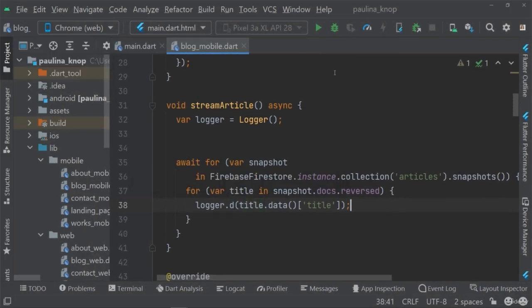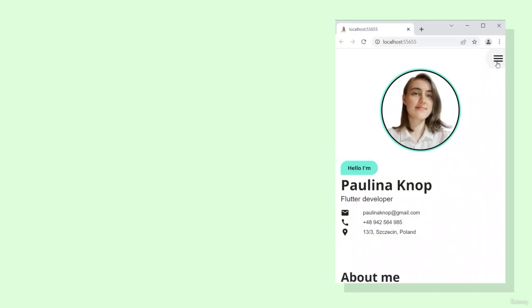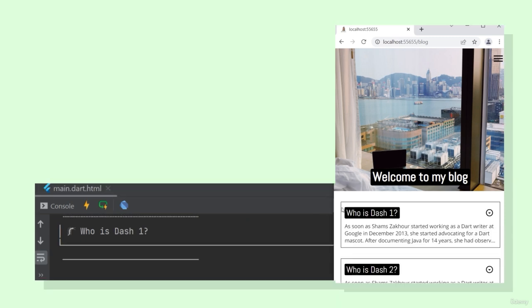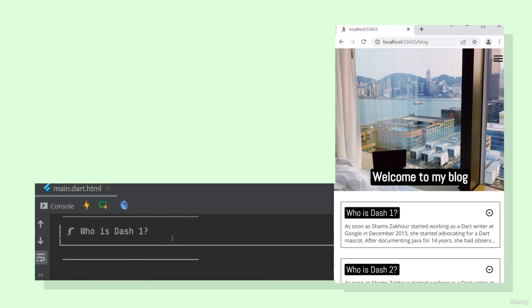Finally, let me run it and wait for the application to load. It's gonna take a while. Cool, let's navigate to the blog page and open the console. Now, when you look at the console, I'm sure you can notice that the data has been printed differently. And that's also something that Logger does. It organizes data